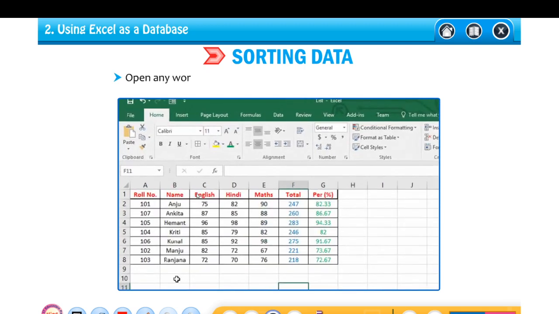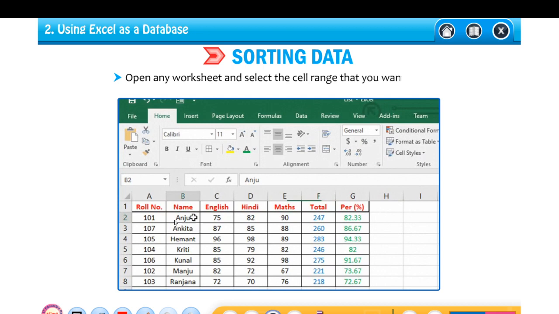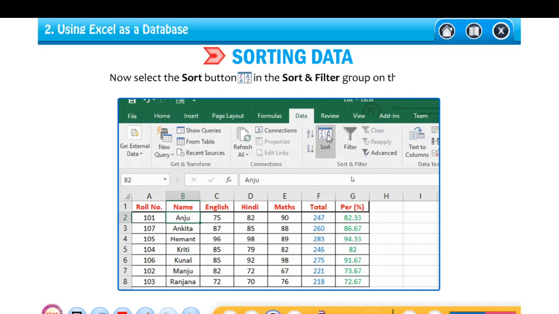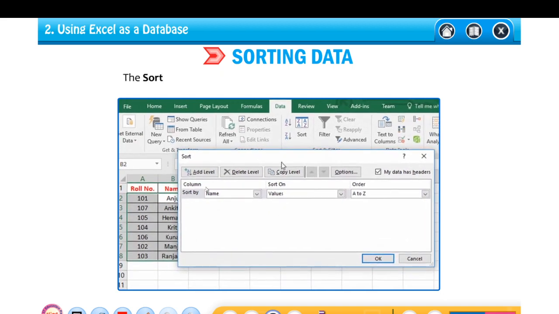First we will select the data: open any worksheet and select the range of data which you want to sort. See, they have selected B2, Anju. Click on Data and Sort. Now sort by Name, this is the field name.